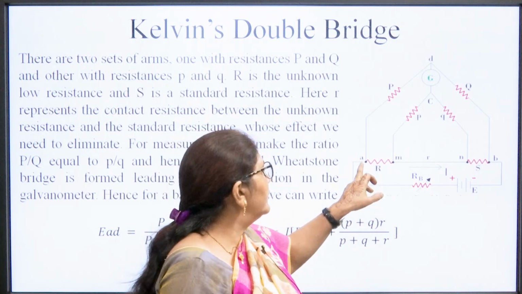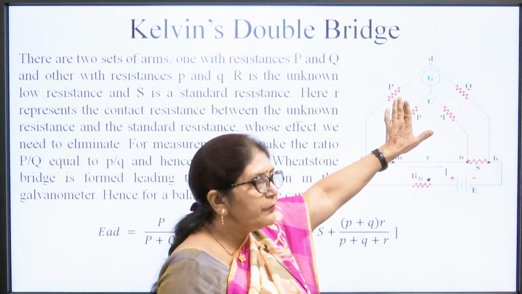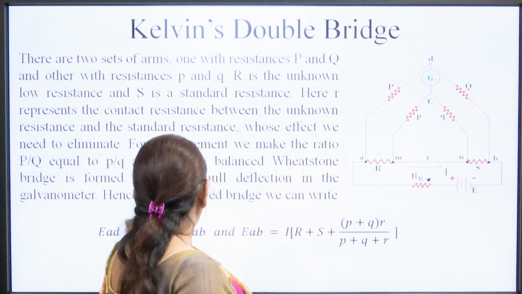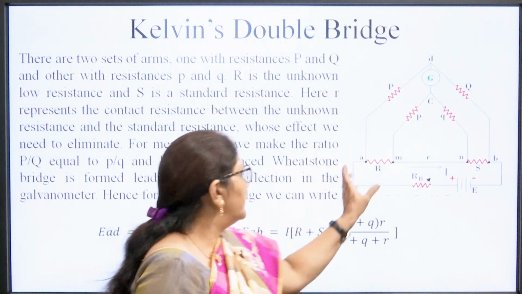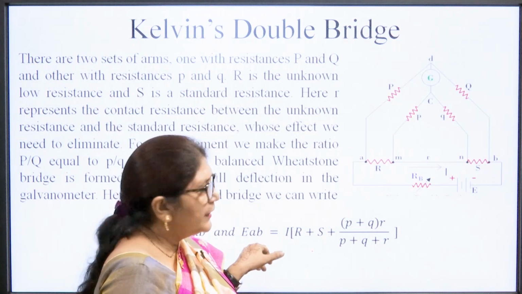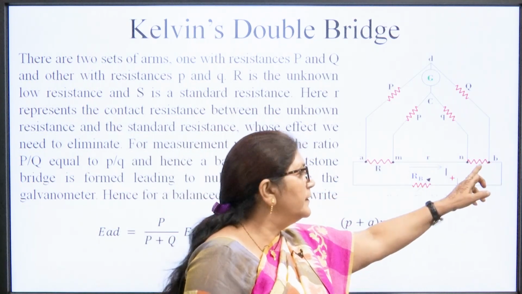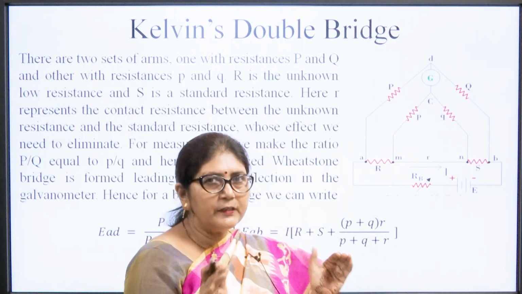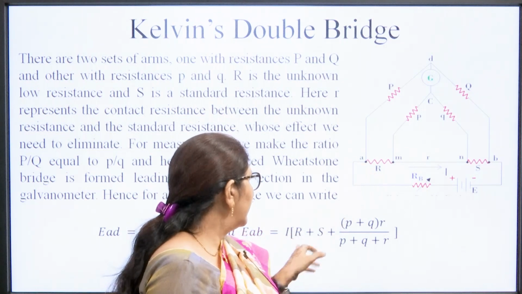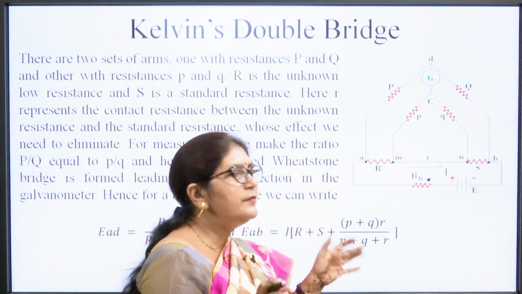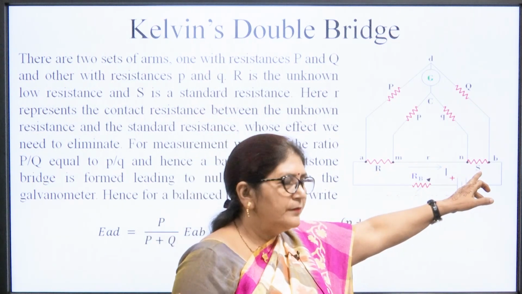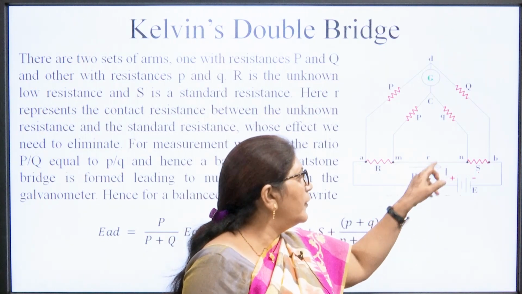The voltage divider rule means the voltage across P we want to measure, and the total voltage is across P and Q. So, by the voltage divider rule it is P by P plus Q into EAB, the voltage across A and B. And what is EAB? We have to measure the voltage across this. Voltage across A and B is basically the current I into the total resistance, and the total resistance